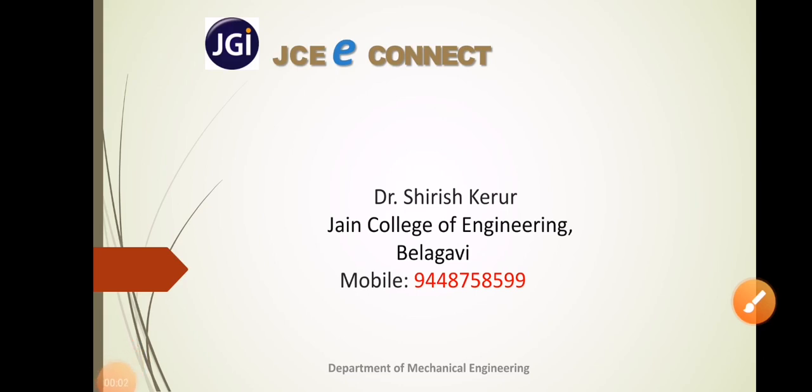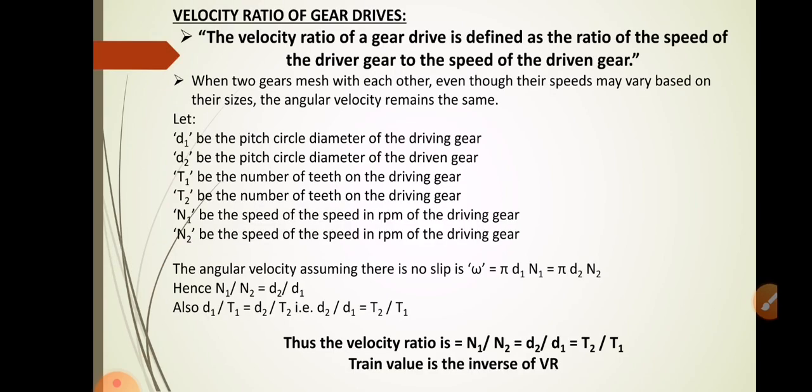Hello friends. In the previous lecture, we have seen in detail about the different types of gears, and we have been using some very peculiar words like velocity ratio and so on. So today we will conclude our discussion on gears by understanding the meaning of velocity ratio, how it needs to be found in case of a gear train, and then also we'll go through a few very simple problems.